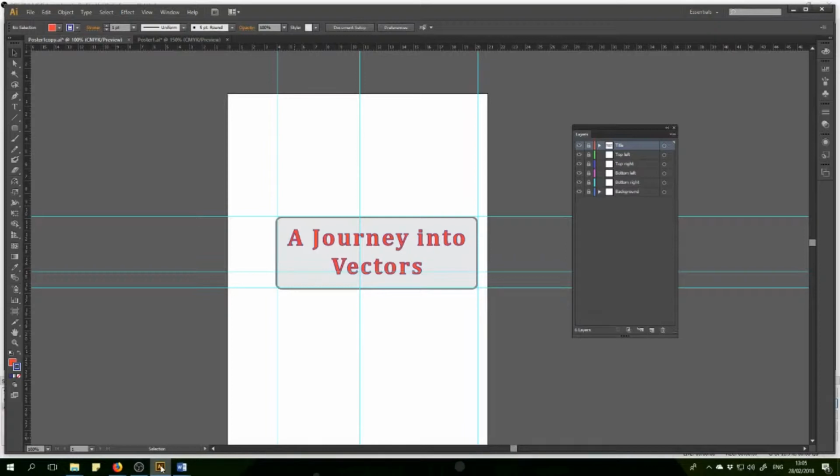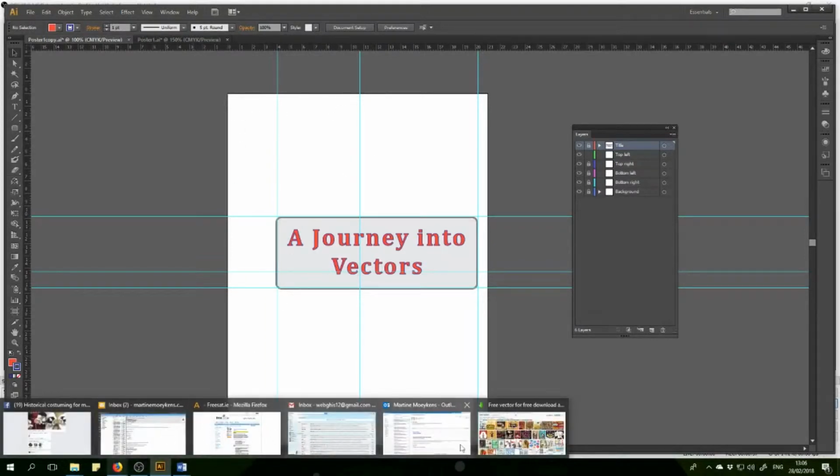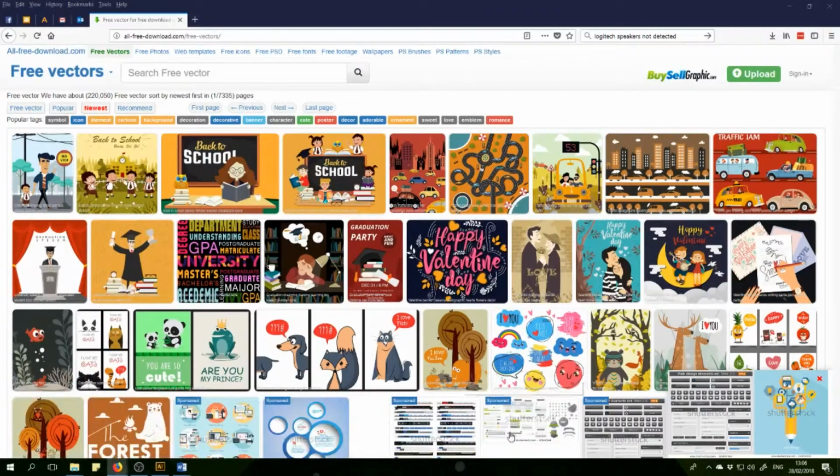In this class we are going to add something in the top left corner here, and what we're going to add is a vector that you are going to unzip or find online and unzip. So in view of using HSE images and probably vectors, there's actually also vectors that are available online for free. So where I usually go is here, free vector download,